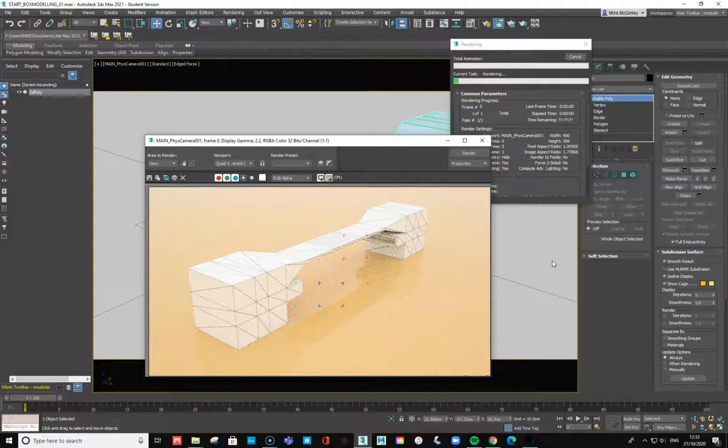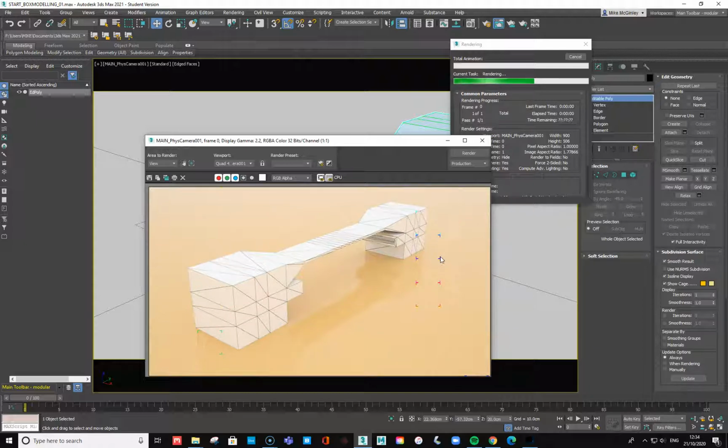Okay, so now where I use the bridge function, you can see that there's subdivision, 8 subdivisions, and because I've got that particular material on, you can see the subdivisions really, really clearly in the object, which is nice to understand what's going on there. So I think you've got enough